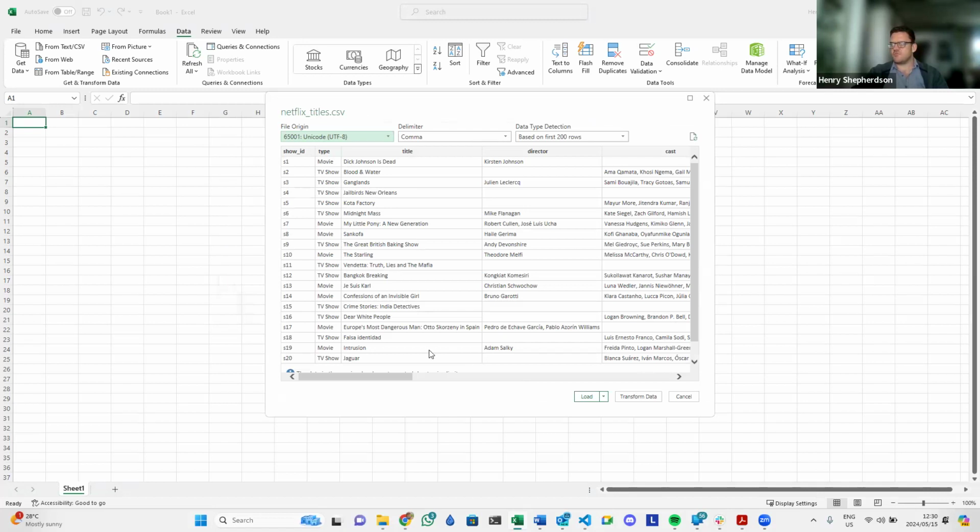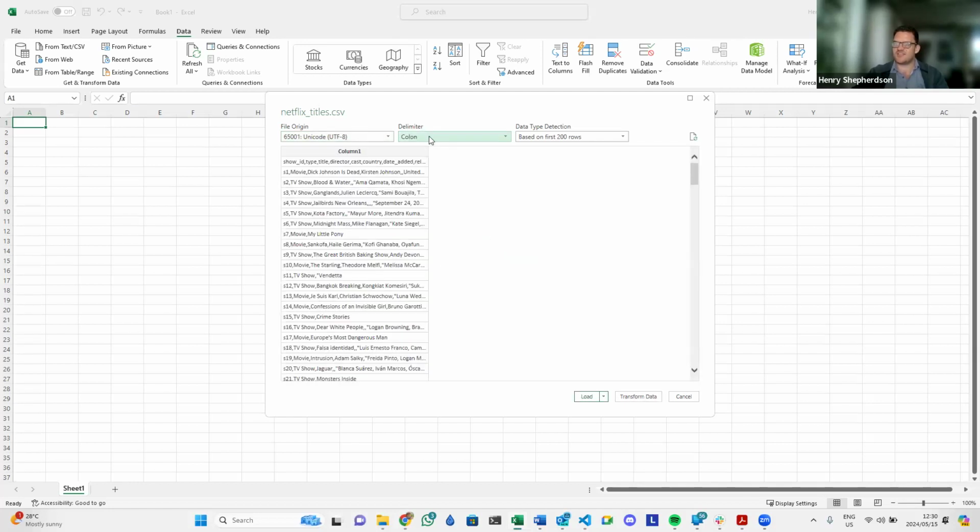Great. So what we've got here is a preview and the delimiter. All you want to check here before you go forward is that it is actually structured correctly. Often the difference might be that you have a tab separated file, whereas this is comma separated. If you choose colon, you can see that would be incorrect. So when you first import it and you see something like this, then you know that it's wrong